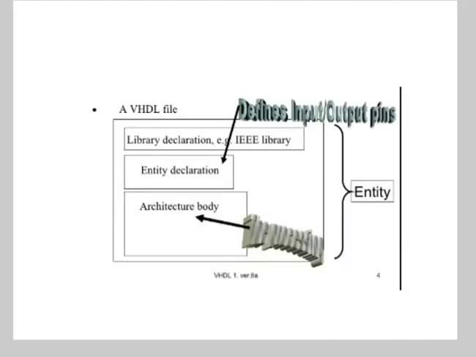Now here is one file which shows a VHDL file. The library declaration, that is the IEEE library, then entity declaration and then architecture declaration. The entity declaration defines the input and output, and the architecture body